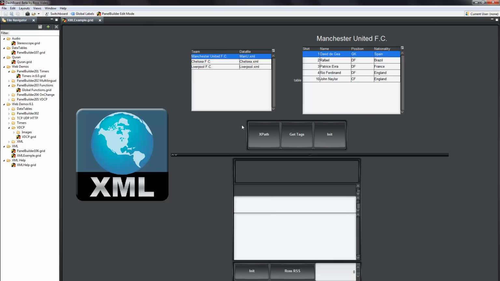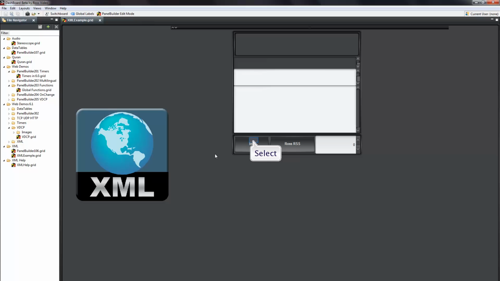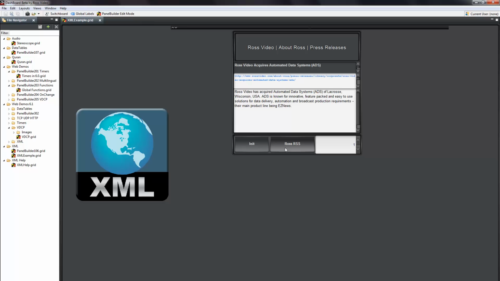Now let's go and have a look at the other example application we've got in this file. This is an RSS reader. I'm going to initialize it, and then it's programmed to read Ross's RSS feed. If I press this button, then it'll go to the internet and pull down Ross's RSS feed, and then give us the title of the feed in this box here, and then paint each item in the feed into the title box, the link box, and the description box. And I can go and cycle through the various items in this feed like this, using this control here.